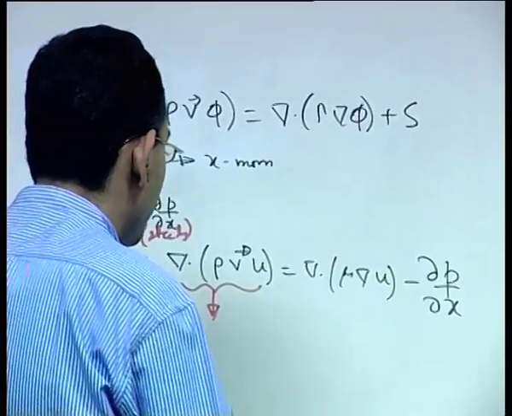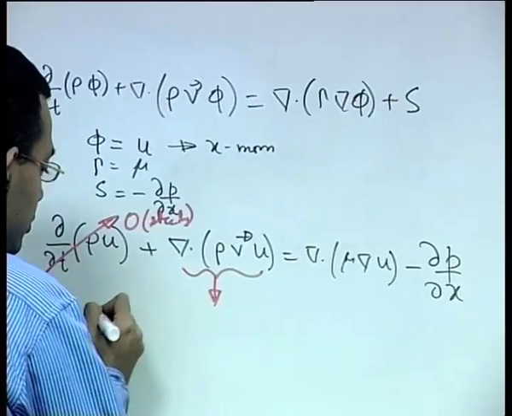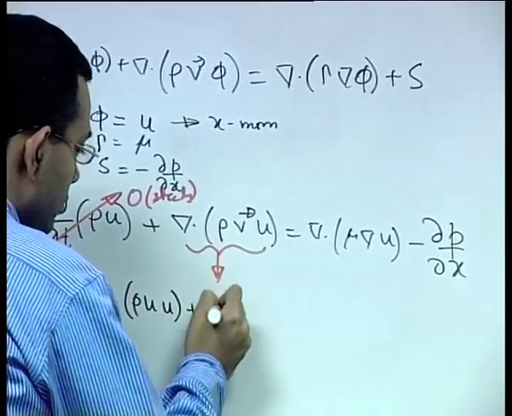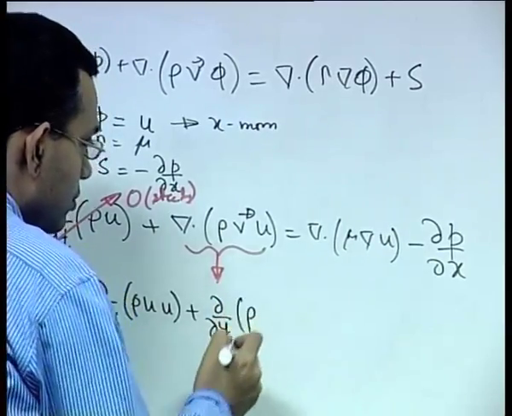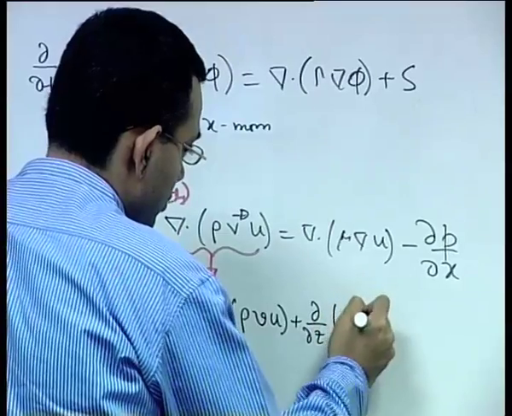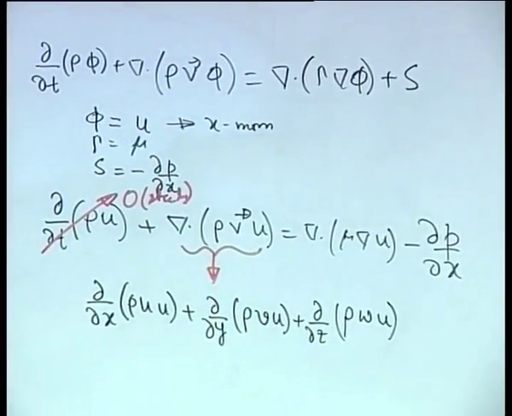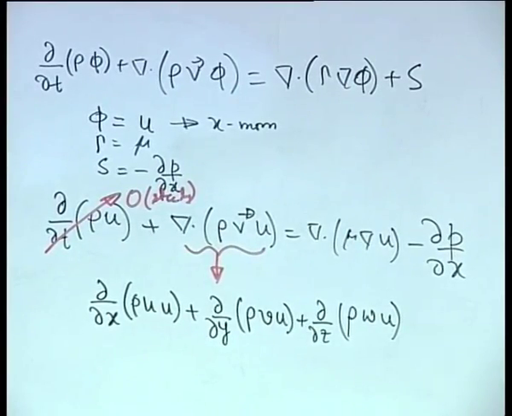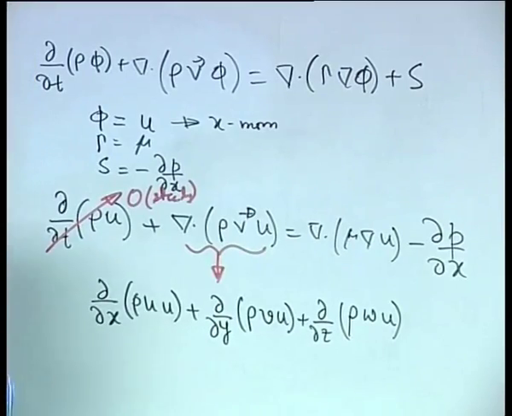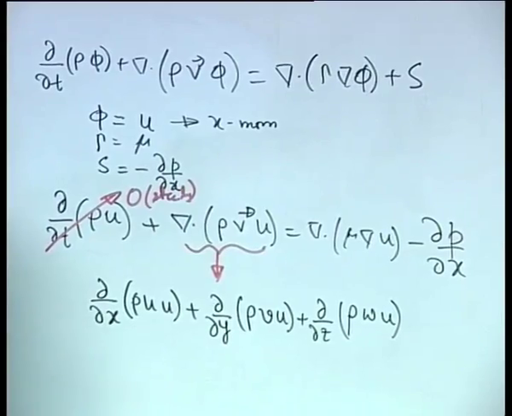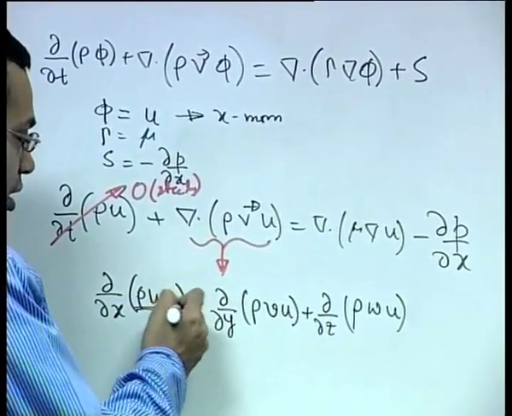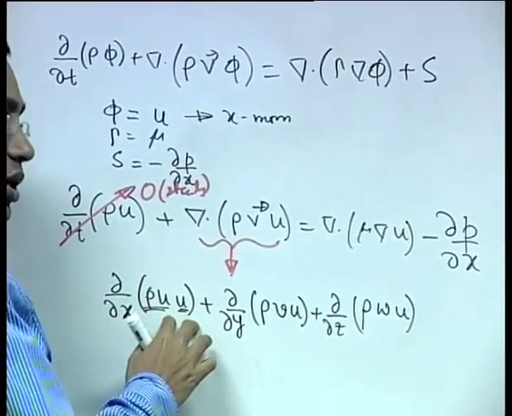If you want, we can of course also go through the details. So, you can club up rho into u as one term and u as another term, and use the product rule. So, it becomes